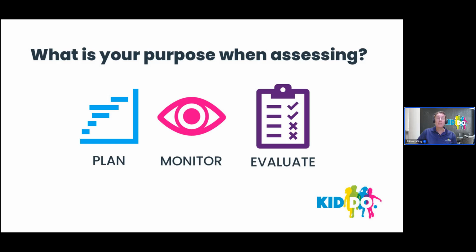So you can get feedback based on if you assess at the start of the year and at the end of the year. You can have a look at that and see which skills have improved, which haven't improved. And then you can go back and look at your program and go, okay, well, I need to spend more time on kicking because the students' overall level of kicking hasn't improved. Or I need to spend some more time on throwing. So it provides you valuable feedback to evaluate and adjust your programs according to what the students need.